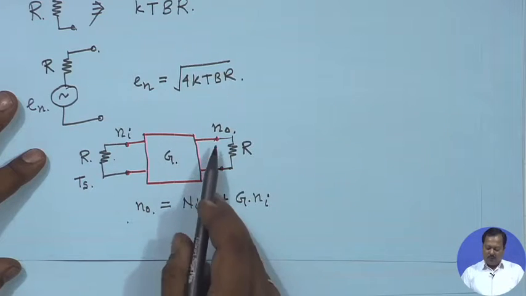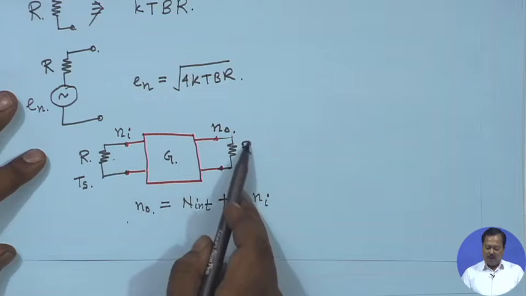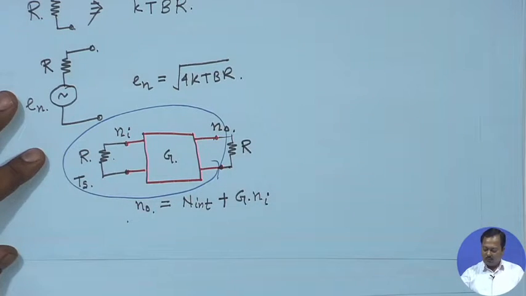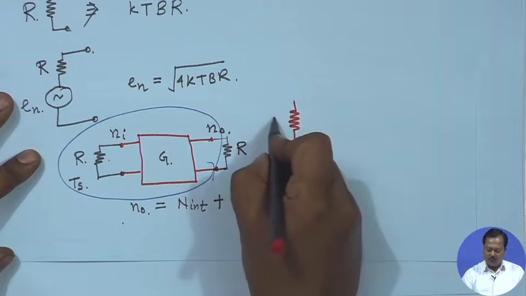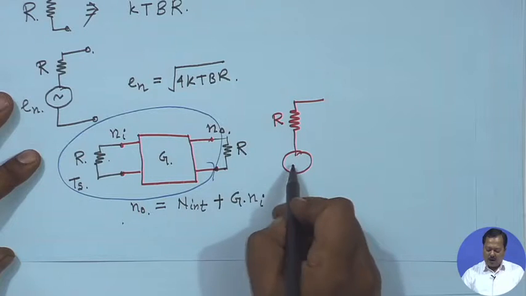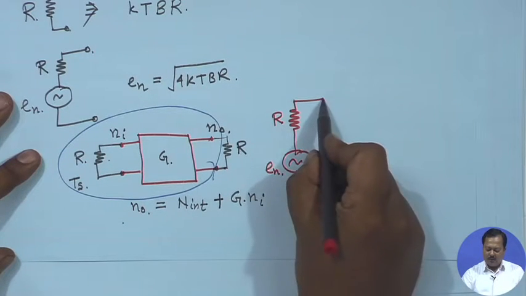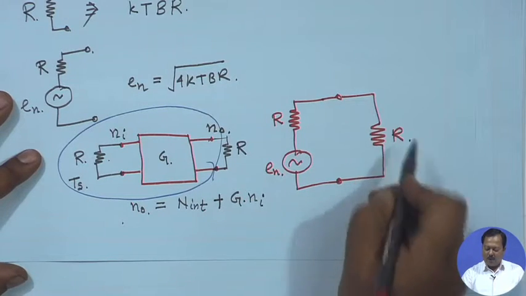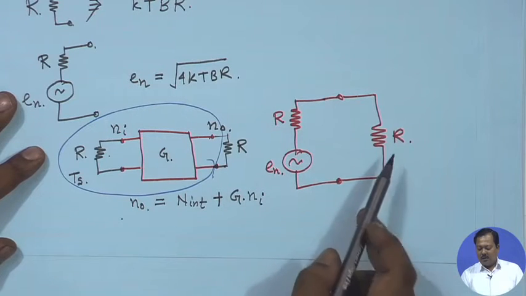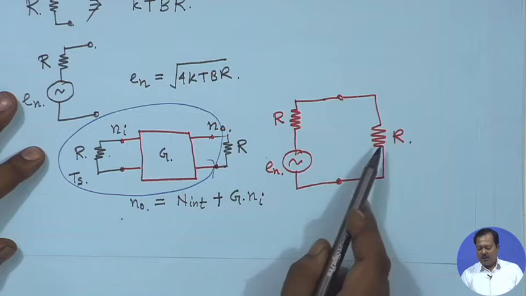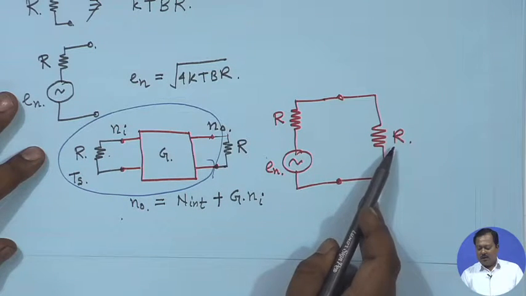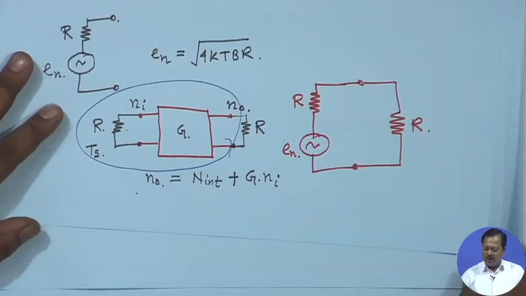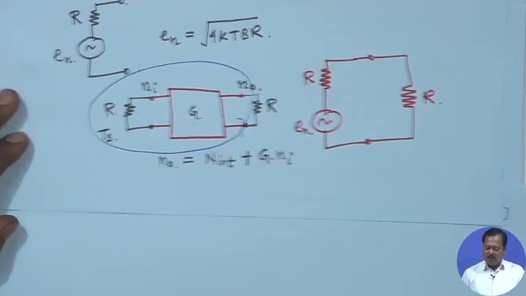Now, from this N naught, how much power can be delivered to R, a given resistor? So, let us model this whole source by an equivalent resistor R and an equivalent noise source, which is given by E n. It is connected to a matched load R. From the maximum power transfer theorem, we know that maximum power from a source can be delivered to a load only when the load resistance is equal to the source resistance. So, in that case, if we calculate the maximum noise power delivered to the load, it is given by,